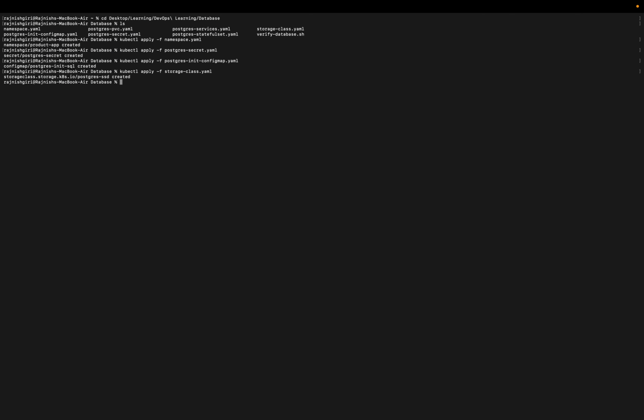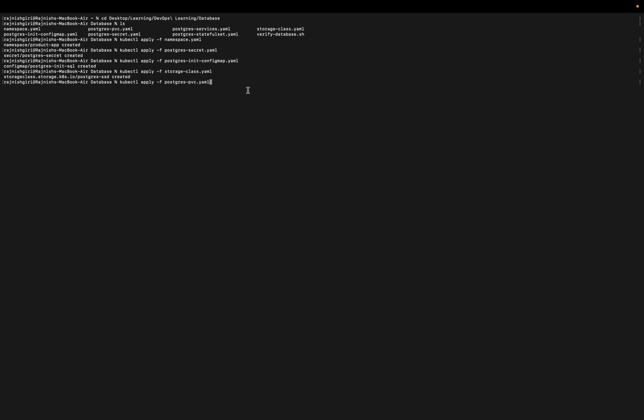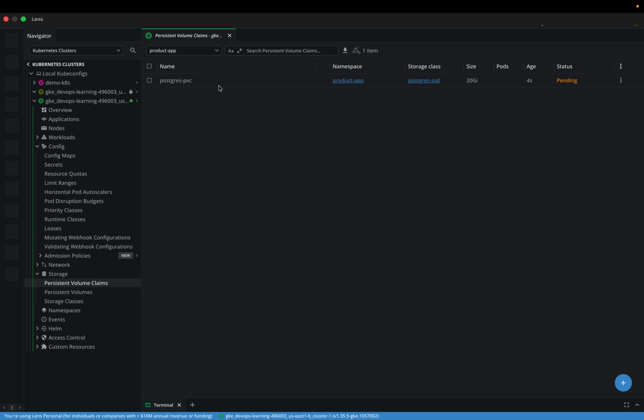So now the next step will be creating the PVC, that is persistent volume claim. Postgres-pvc.yaml. If we see the content of the file, it says kind PersistentVolumeClaim, name. It has namespace again referring to product app. Access mode is ReadWriteOnce. So is the class name, and then it is requesting a storage of 20 GB. So if I run this,